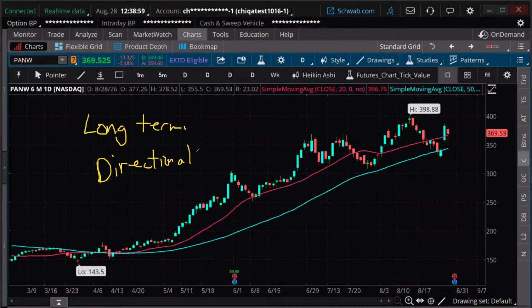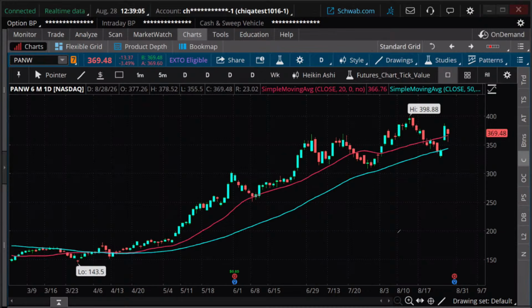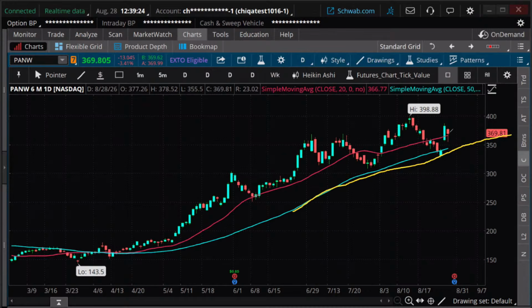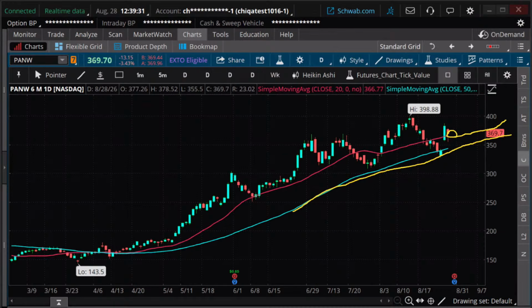So how do I do that? Well, longer term, I'm going to choose a longer term strike, longer dated strike. But it has to match my forecast. The last couple stocks, we were saying, well, it may swing up. Here I'm banking on, say, the 50-day moving average here, that this is going to continue to go up and the stock, which is right here, is going to continue to kind of stay above it. And it's just going to keep on going up. That's the plan on this one here, okay?